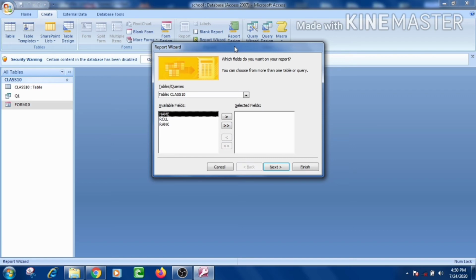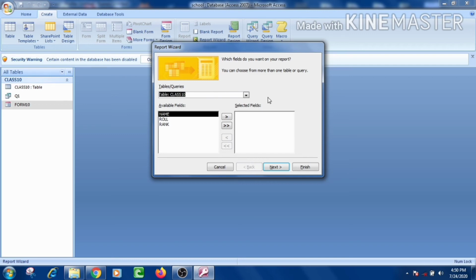In this, first I will select the fields. First I will select the table or query on which we want to create the report. Suppose that I am selecting class 10 table. Now the class 10 table is selected.